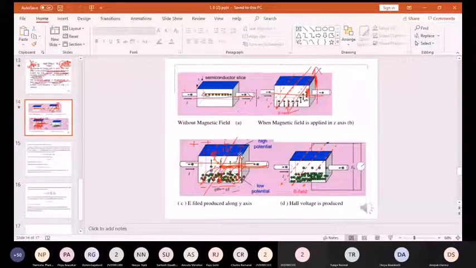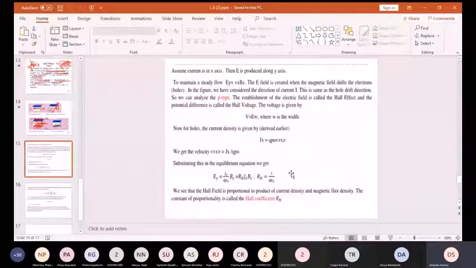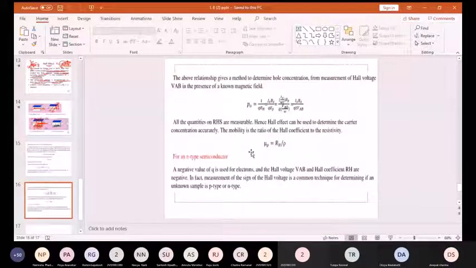And we had a few equations relating to the Hall effect, but we are not deriving any equation from the basics. So I had recommended you to just try to remember the equations, right? So we have something called the Hall coefficient, which is given by RH, and that derivation we had explained in the previous classes. Basically, the Hall effect is used to differentiate between N and P type material whenever we don't know which type of material it is.